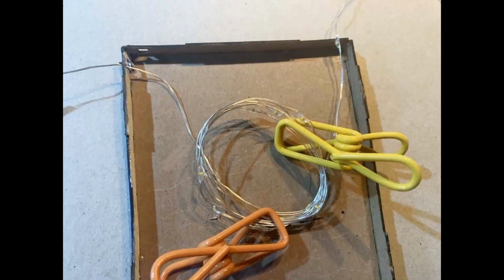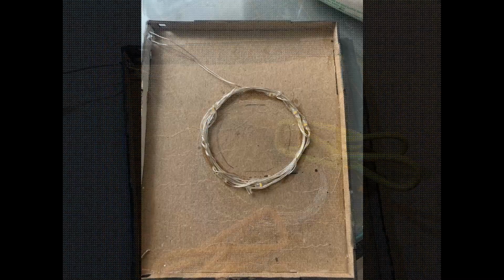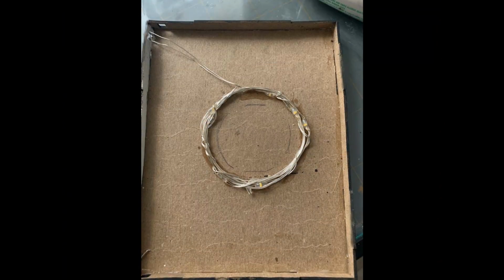And then what I want to do is to take the fairy lights and wrap them around in a circle and make them slightly bigger than the hole. And then as you can see here, I've wrapped it around, I've clipped it with some clips just to keep it in place and make sure that it's going to fit. And then I glued it around the hole. Now you can see it's slightly larger than the actual hole that I've traced. So that means it's just going to end up on the very, very edge of the hole that I've cut